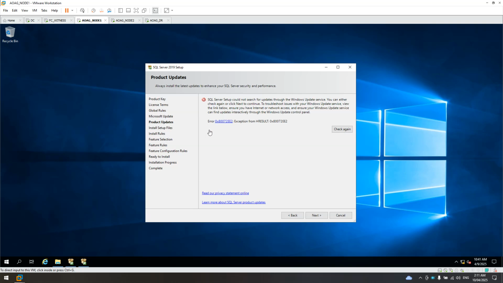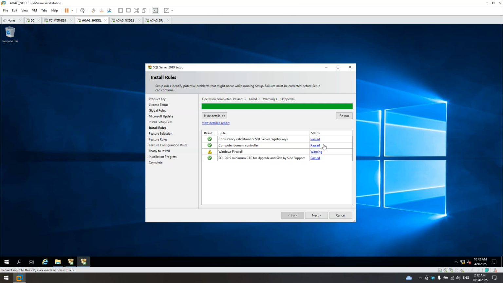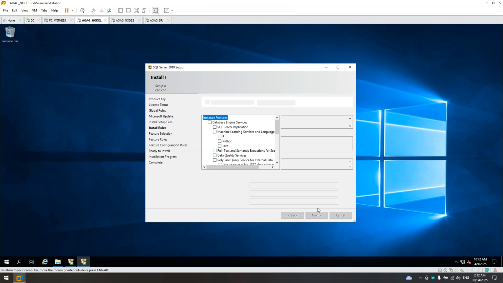Okay guys, now it's in product updates. Just click next. Same also in node 2, click next, and also in the DR, click next. See the one warning, don't worry about that warning, just proceed next.